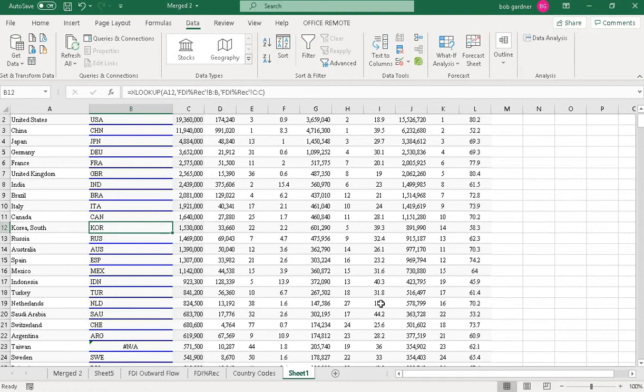That means the value is not available, or the name wasn't the same, so it could not find these values.